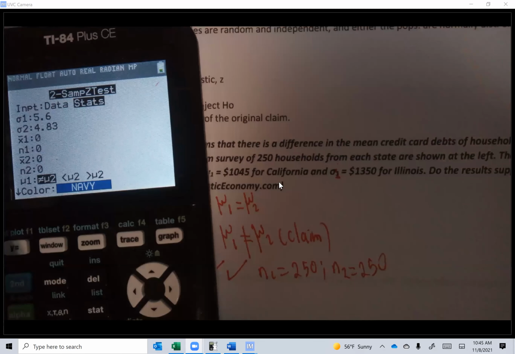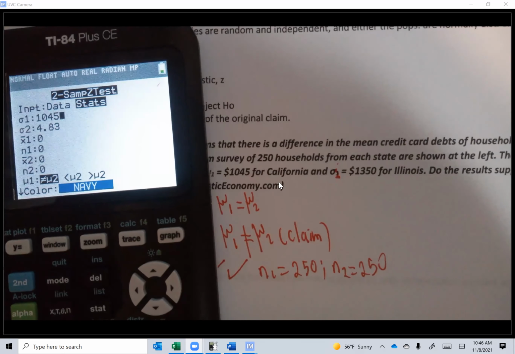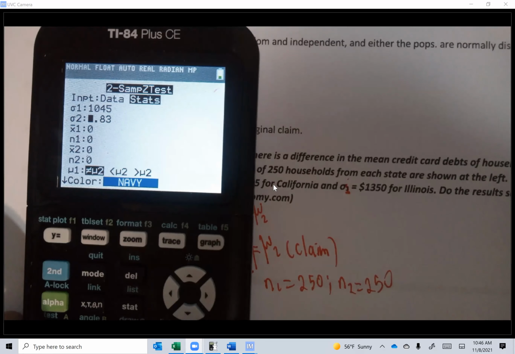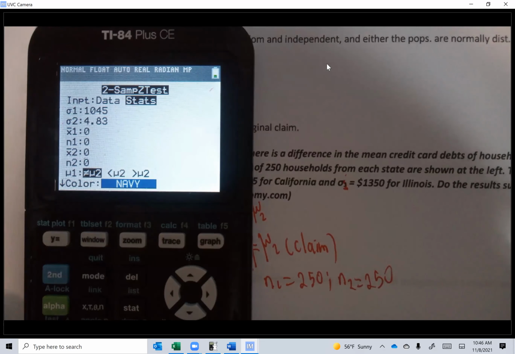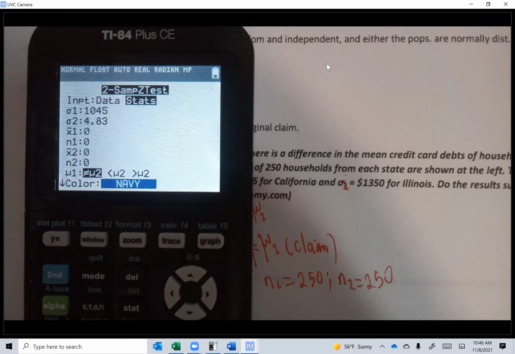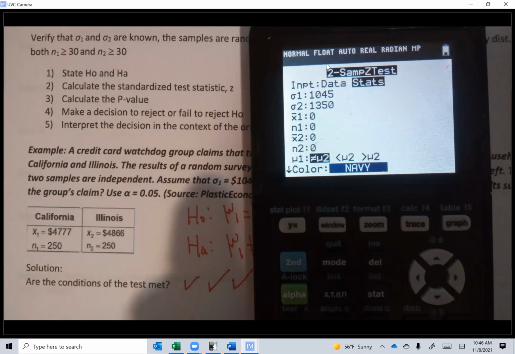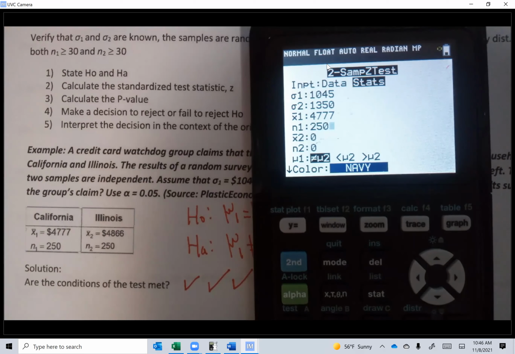So, sigma 1, he wants sigma 1 to begin with, 1045. Sigma 2, guys, is 1350. X1 bar, he gave him to us right here, guys. 4777. N1 250. And X2 bar